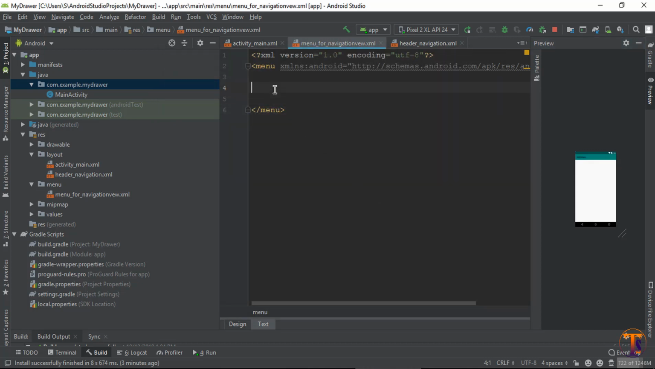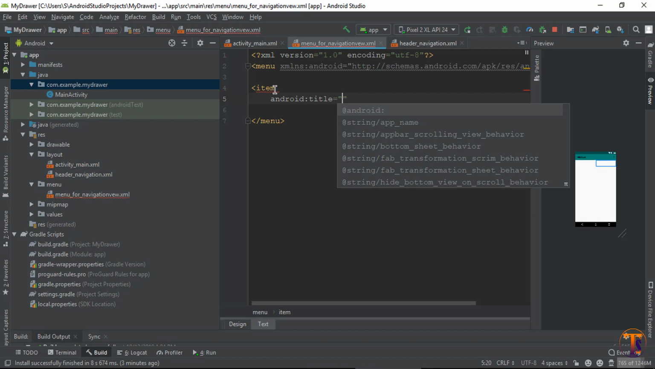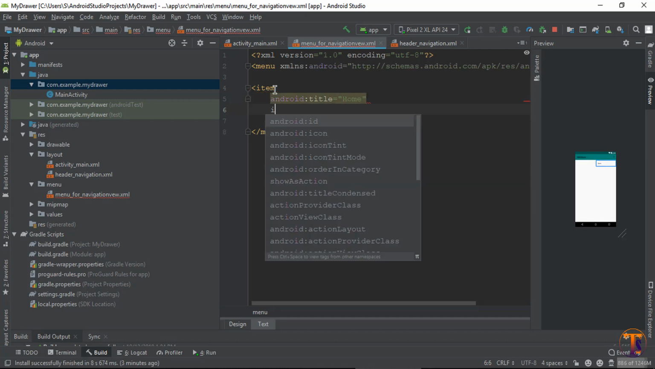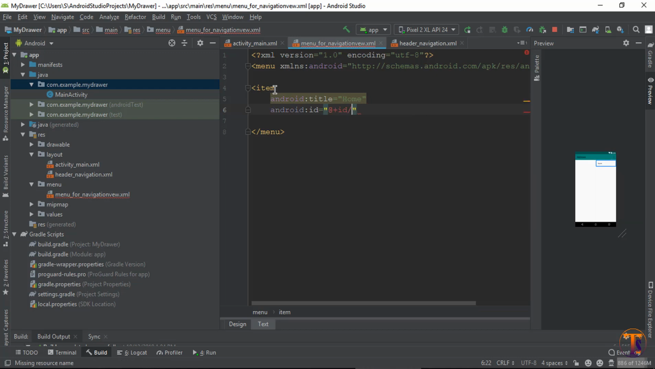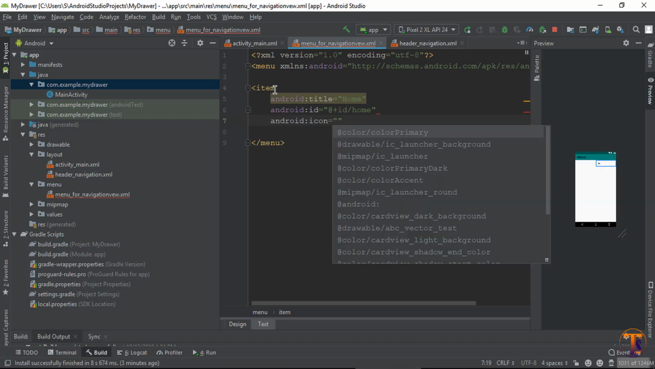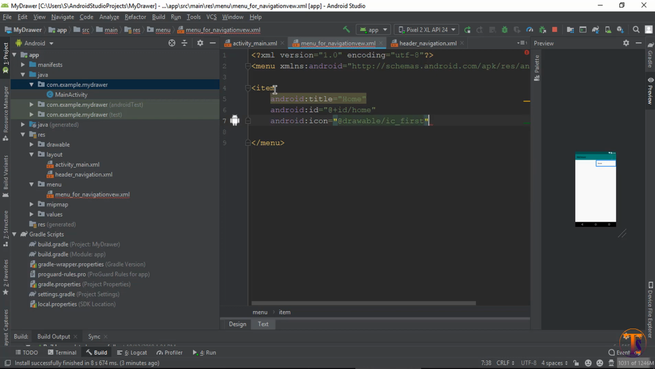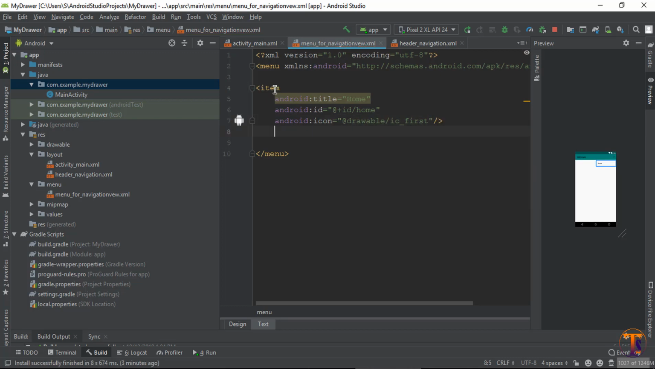Okay, now here add the item and title, let's say home, and ID, let's say home, and icon, let's say the first drawable, and that's it. Now copy this item